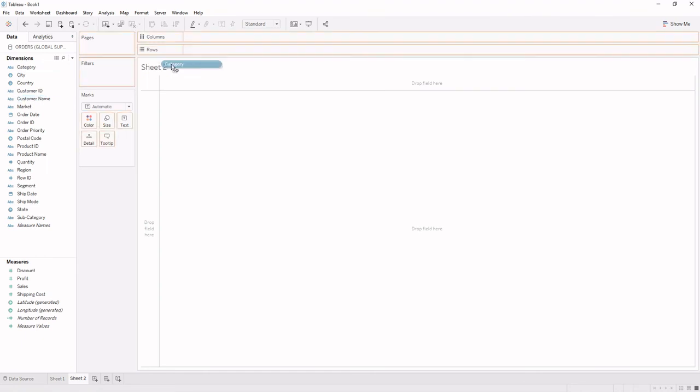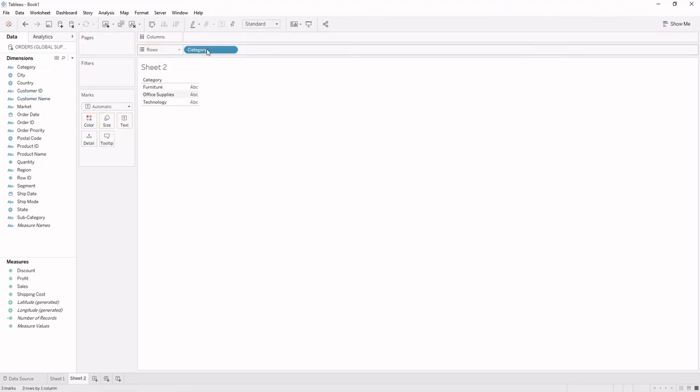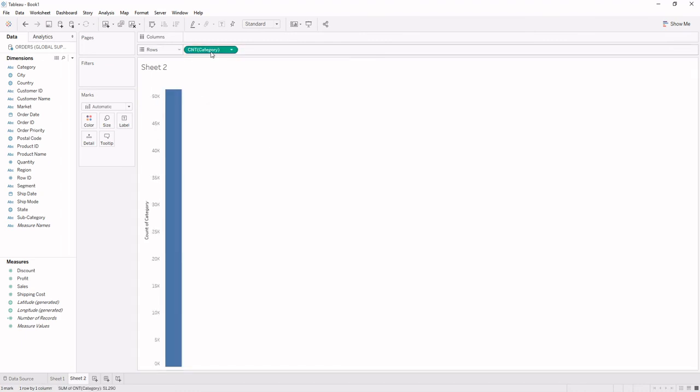As we are picking any of the dimensions, by default our dimension is blue in color. So first of all we need to give it a green color and we need to give it an aggregation. For aggregation, when I go to the option of Measure, I click over count. Now it will get the aggregation of count, and as it is green in color now also, it will be called a continuous Measure.